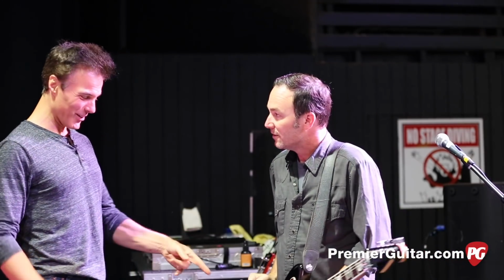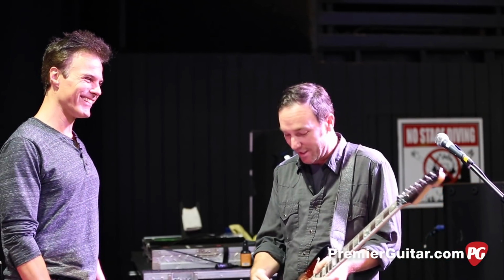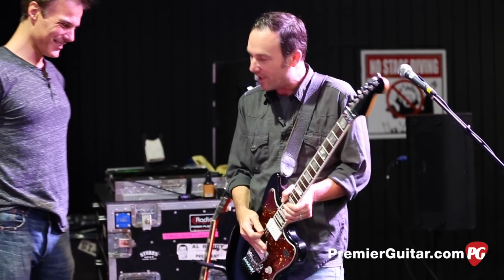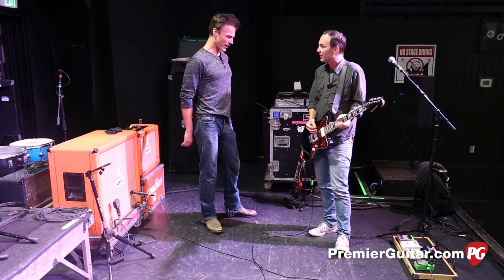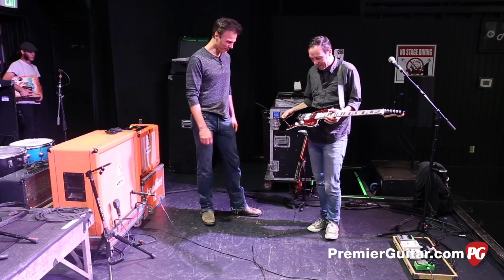So first of all, love the crazy whammy dives. It's kind of part of the Toadies thing, right? It is part of the Toadies thing, and you can't get away from it. You have to have a locking tremolo, or you can't do all that crazy dive and expect to still be in tune. Yeah, you're not going to do that on a Bigsby. No, it's not going to work. And because of that, I didn't want to